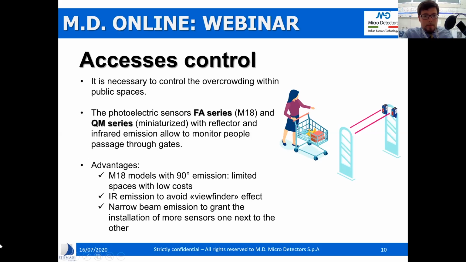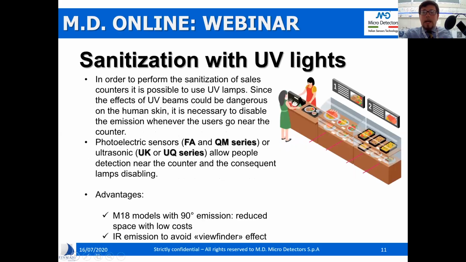We can move now to the other application, which is related to the sanitization of surfaces, and in this case, sanitization of food. Imagine in a supermarket or a restaurant where there is the distribution of food thanks to these counters, thanks to these refrigerators. It is important, due to the frequent touch of users, of persons coming here, to have a total disinfection of these surfaces. And how to do it contactless?